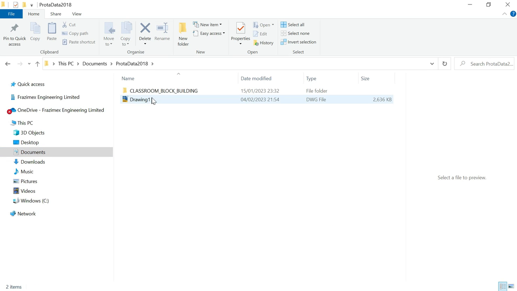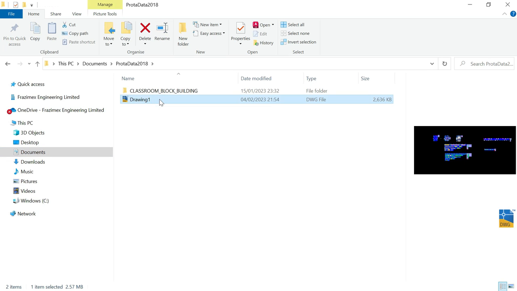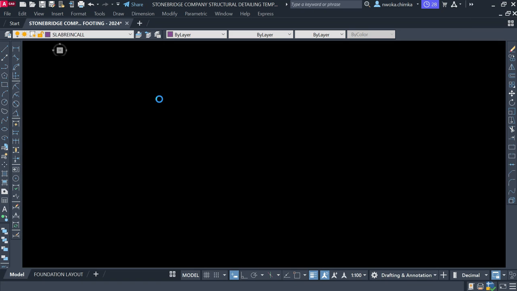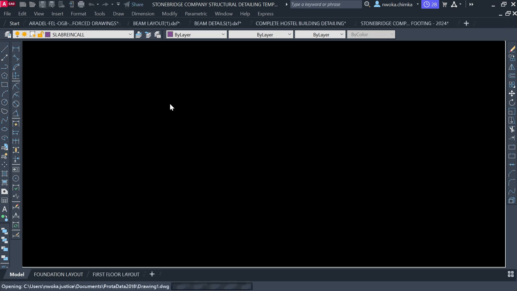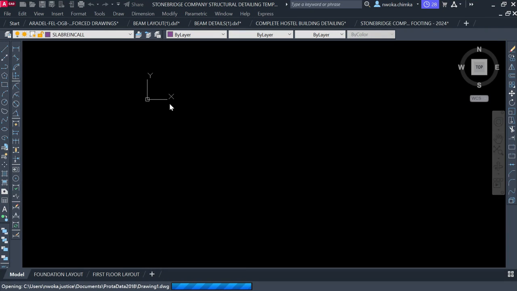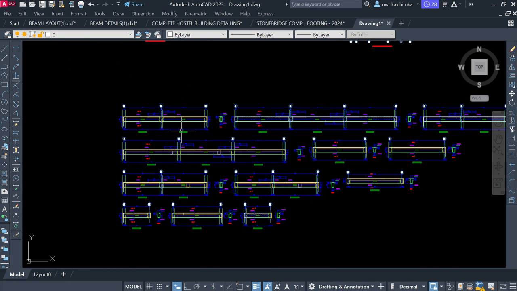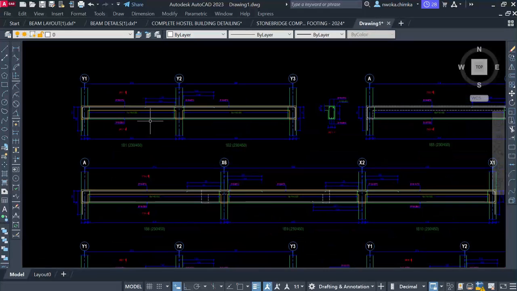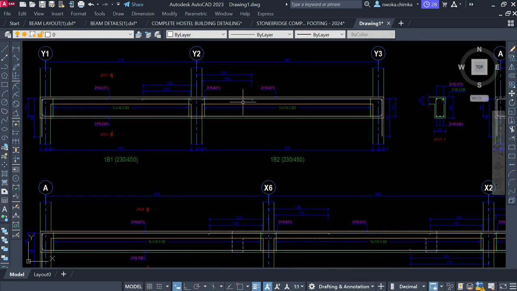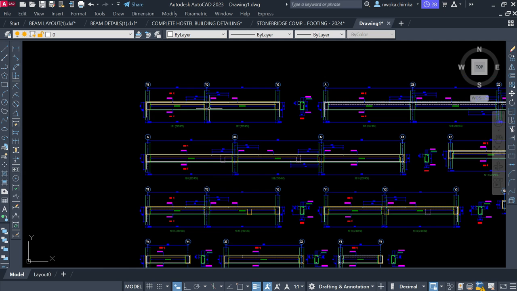Okay. Now if I open 2018 and open a file that was started from 2018, once the file opens, you will see that this is how Prota extracts its structural drawing. So this is how drawings are basically extracted from Prota Structure. And if you print your drawing like this, bear with me, your drawings will be very, very dark,